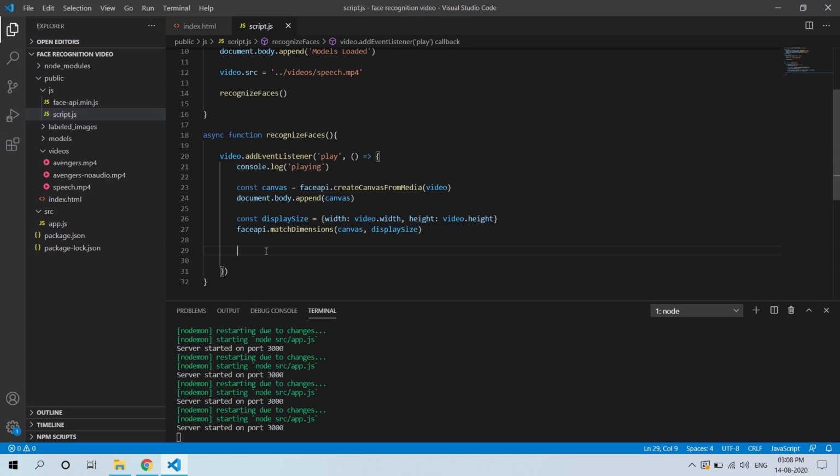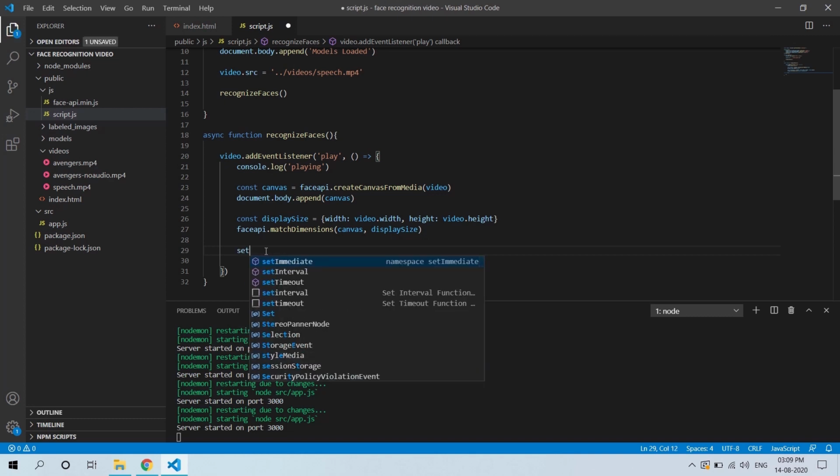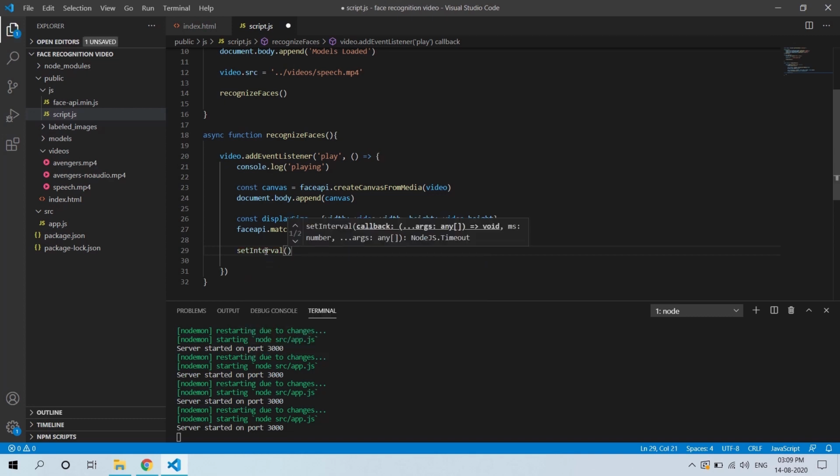So what I need to do is, after every few microseconds interval, I need to detect all the faces from the video and put the name over it. And to do that, I'm going to put a set interval with async. This will be a callback function. Inside that,